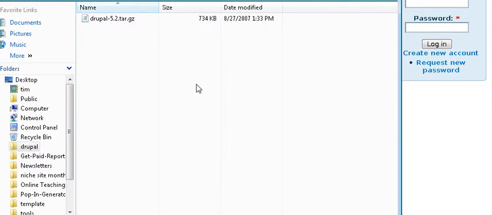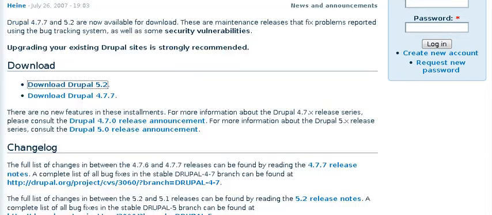Now we have it downloaded here, and you notice that it is in tar.gz format. This can't really be unzipped by most zip programs, and the easiest way to do it is to upload it to your server and do it there. You can also download a program called gunzip and use that and unzip it on your server, but it's easier to just put it up in your server and do it. So let's go back and